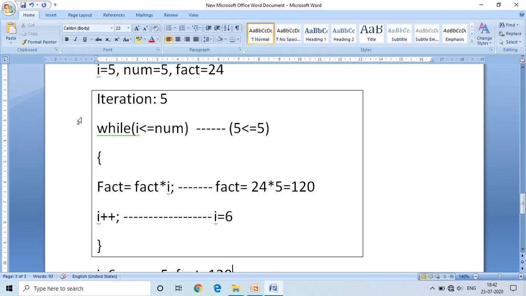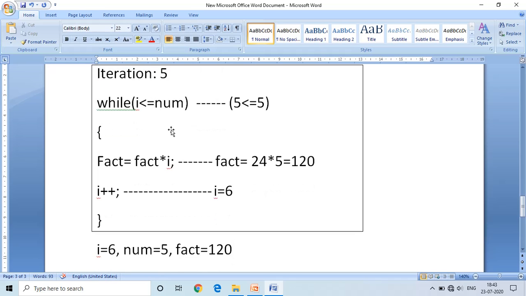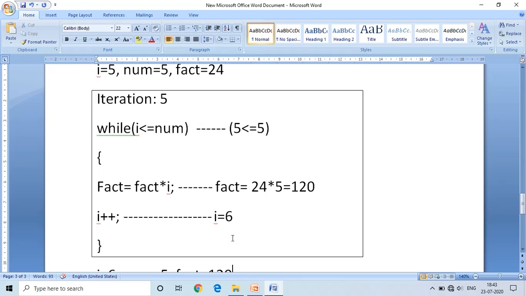Fifth iteration is completed. After completing the fifth iteration, the variable values are I equal to 6, num equal to 5, fact is equal to 120. The control is transferred to the beginning of the while loop.